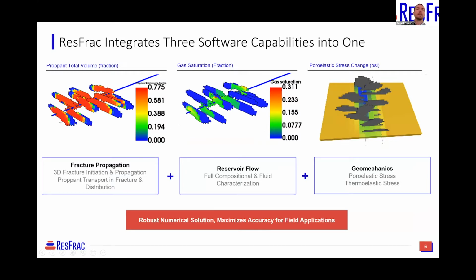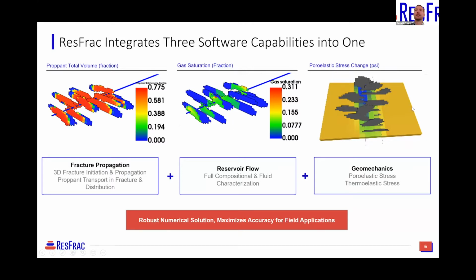So the first thing is hydraulic fracture propagation. ResFrac is handling that in 3 dimensions, tracking all the proppant concentrations, all the fluid concentrations. So if you have multiple proppants and multiple injection fluids, the simulator will track each individually and you'll be able to see where each goes. Second, there's the reservoir flow component. Once you have created these fractures, how do fluids flow from the matrix rock into the fractures?